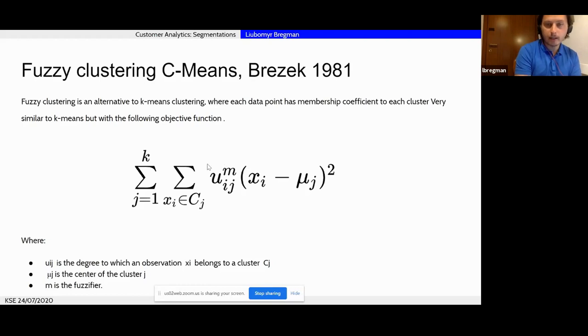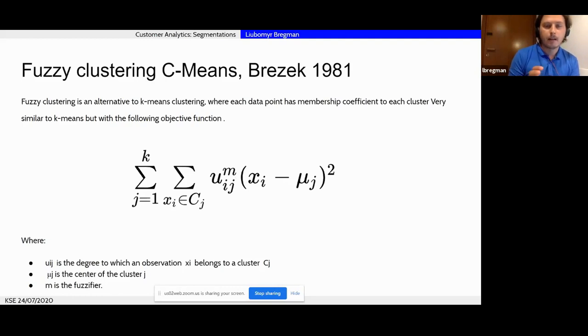K-means was basically optimizing only this part, and C-means is adding this parameter, which is the degree to which an observation belongs to some cluster. For each observation, we calculate the distance not only to its own cluster, but actually to all cluster centers, multiplied by the degree of belonging to each of those clusters.